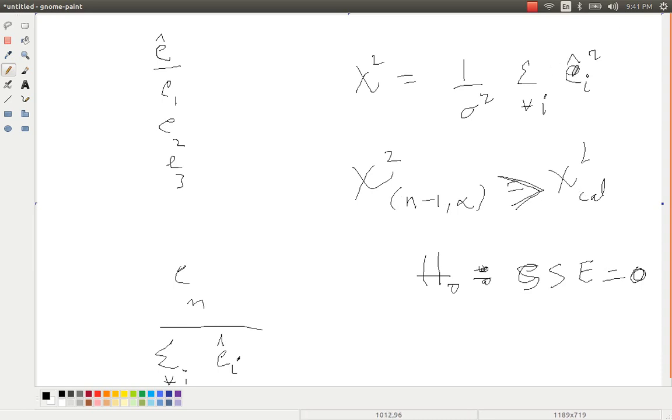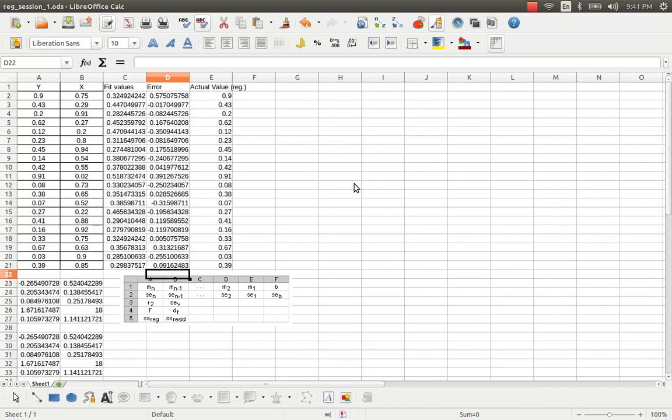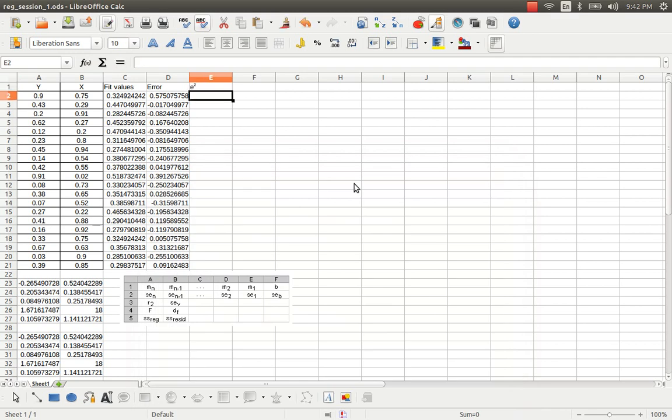So the squared error, this is actually e_i square divided by the variance of the y value, I mean the y variable, the dependent variable. We don't require this because our calculations are here. E square